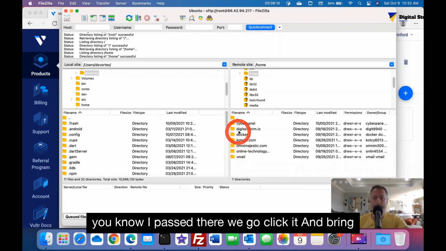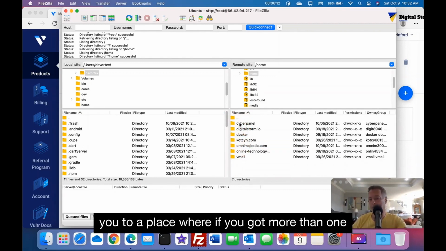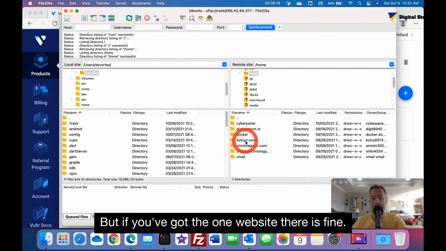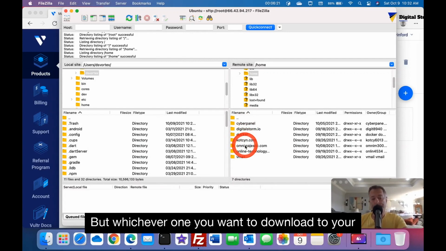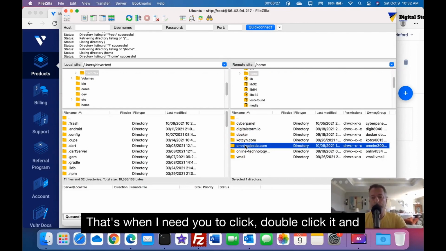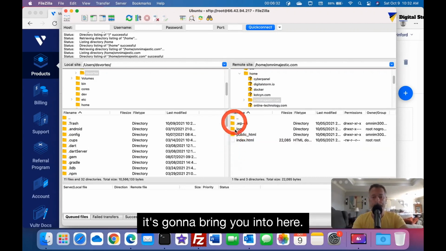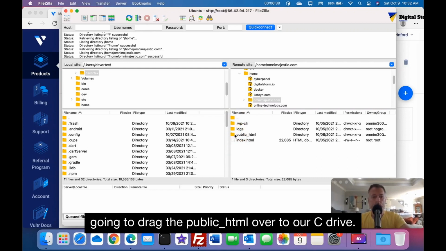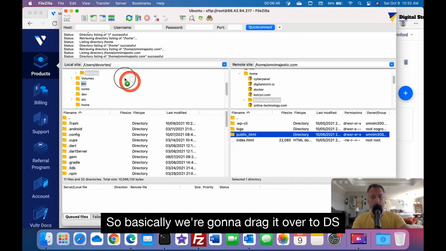Click it. It'll bring you into a place where if you got more than one website, you can see all your websites, but if you got one website there, that's fine. Whichever one you want to download to your hard drive in order to migrate it over, that's the one I need you to double click, and it's going to bring you into here. And what we're going to do is basically drag the public HTML over to our C drive. So basically we're going to drag it over to DS Vortex,